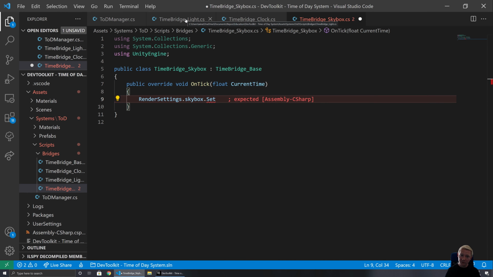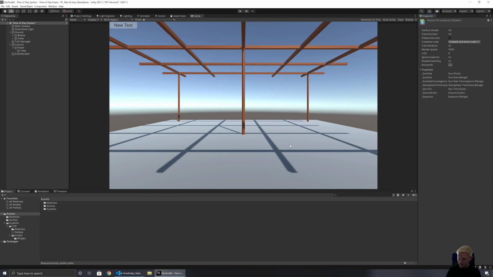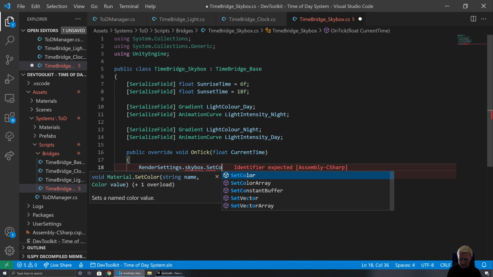So Skybox, we know the parameters we've got. We've got exposure, we've got tint. If we go and take a look at the specific shader, then we can actually go and see. So if we select shader, we can see exposure is going to be there as a float. So we'd be able to do a set float, and that will be exposure. So that's good. And we'll also have our sky tint. So that's another one where it would be RenderSettings.skybox.SetColor